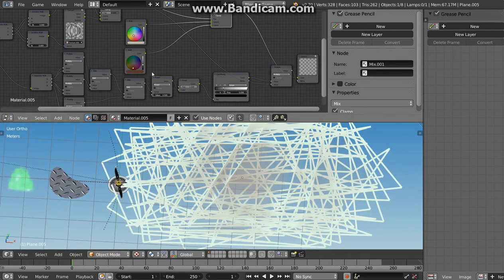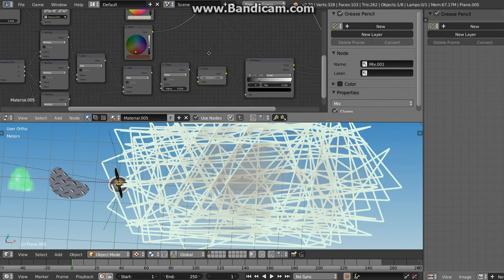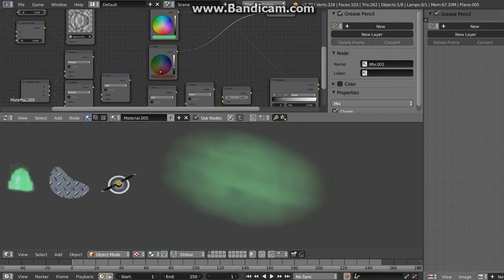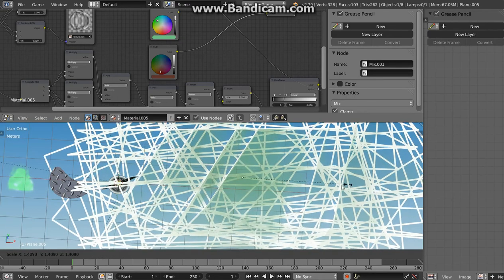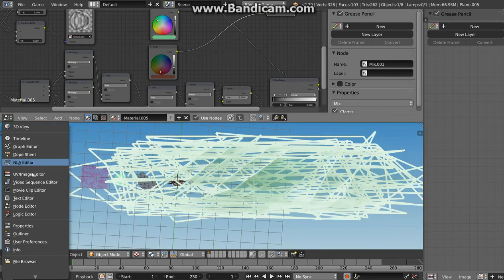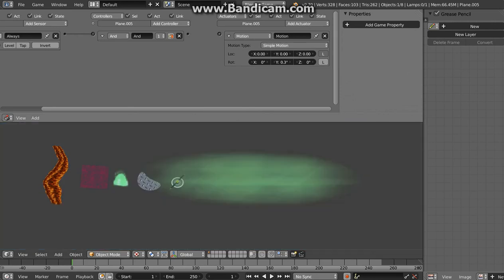Well, you can change actually only the color. You can change anything you want, but here is nothing really to make anything different than the color itself, or scale it in any axis. The motion is actually added via the logic editor, so you don't need it. It's just static